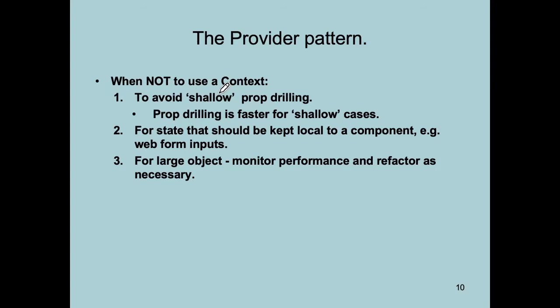Deep prop drilling is where you're passing the shared data down through multiple layers in your component hierarchy. Shallow prop drilling is where you're passing shared data maybe just down 1 or 2 layers. And if you're only passing the shared data down 2 layers or less, then just pass them as props. Just use prop drilling, because your app is going to perform better using prop drilling rather than using the context